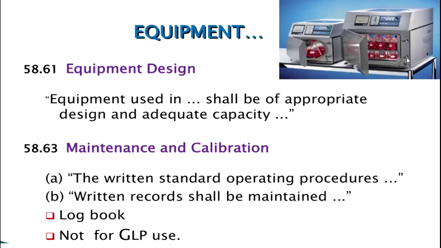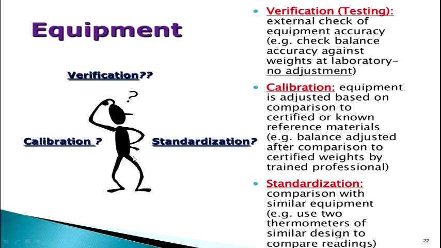Whether they are meeting the particular requirement, and in case yes, how routinely they are being maintained and calibrated, what is the SOP they are following, and there should be a logbook to check how frequently the equipment is used, who is the person using it, and if the equipment is overused, and the calibration or the maintenance should also be done on a frequent basis. So that is how the maintenance and calibration logbook will help the person in calibrating or maintaining the equipment. Okay, so the equipment is connected with these three terms, that is calibration, verification, and standardization.